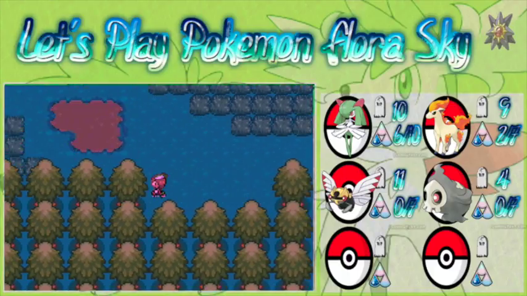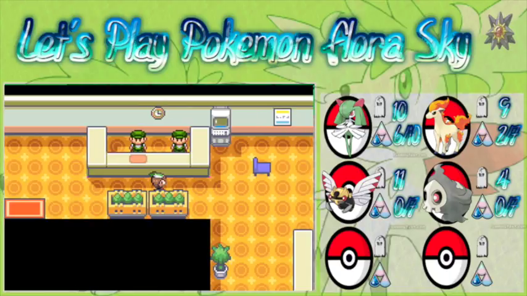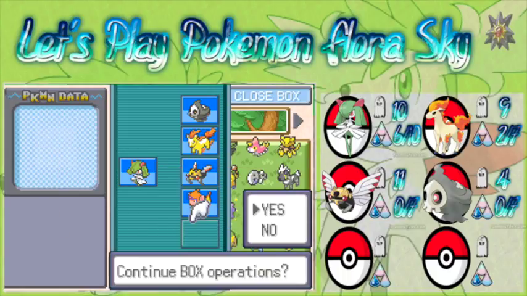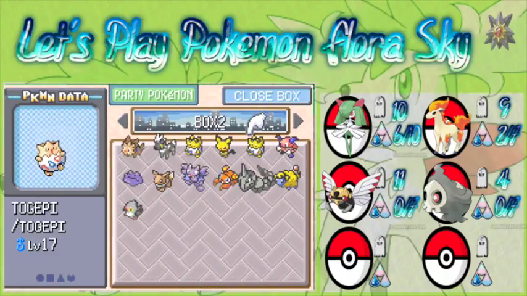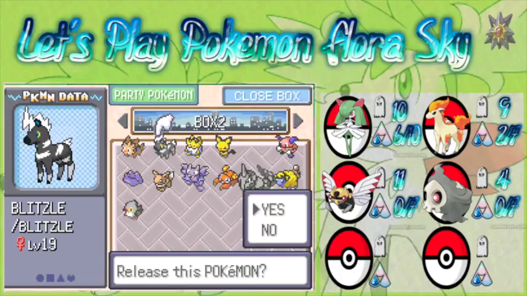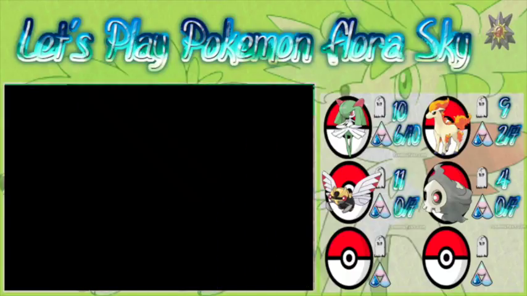We're just going to run back and forth. Let our steps run out. We've got what we came for, which was strength. Come on, there we go. Our Safari game is over. Any repeat captures? There we go. Just release those repeat catches, no point in having them. And now we can...